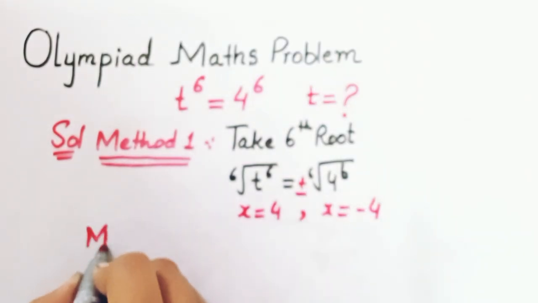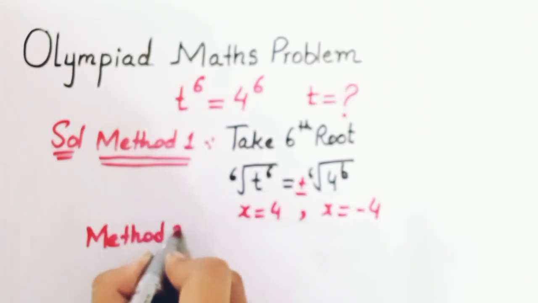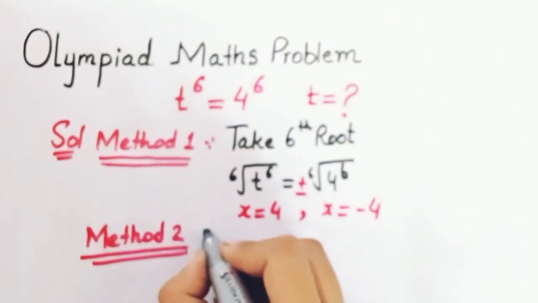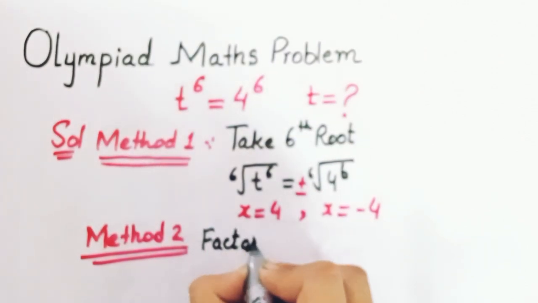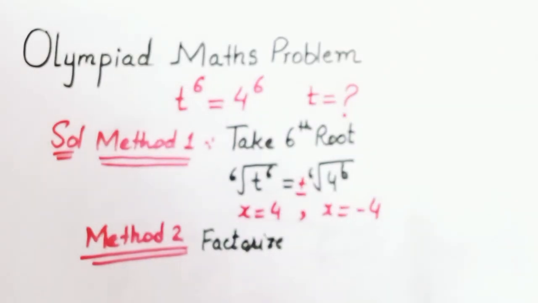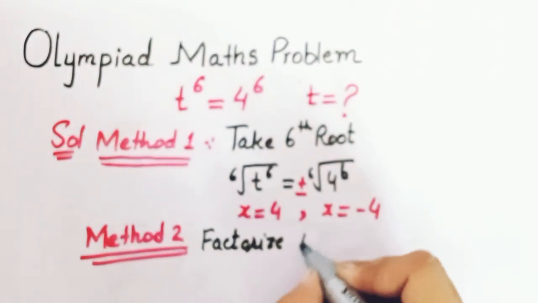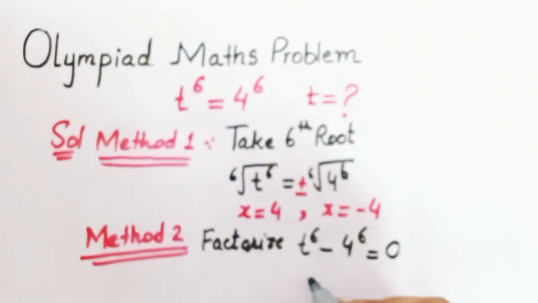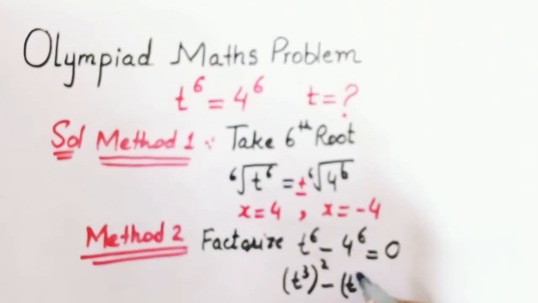Now we apply method 2. What will be method 2? In which we factorize. How will we do the factorization? We write this as t raised to power 6 minus 4 raised to power 6 equals 0. What will it become? t cubed whole squared minus 4 cubed whole squared, we can write as